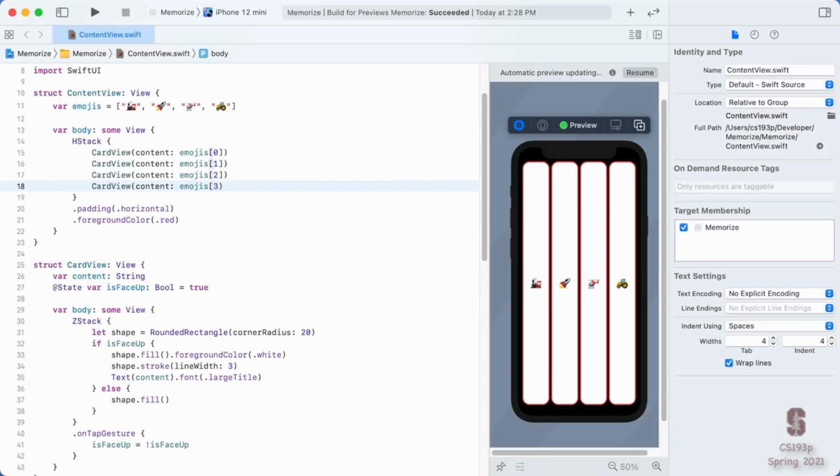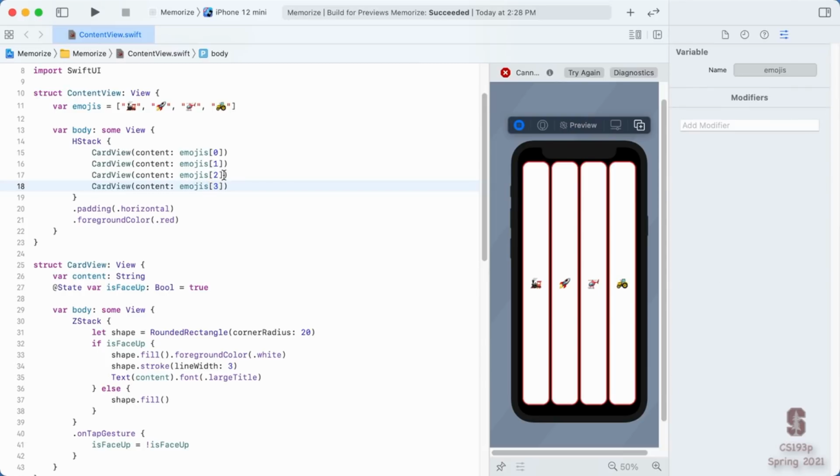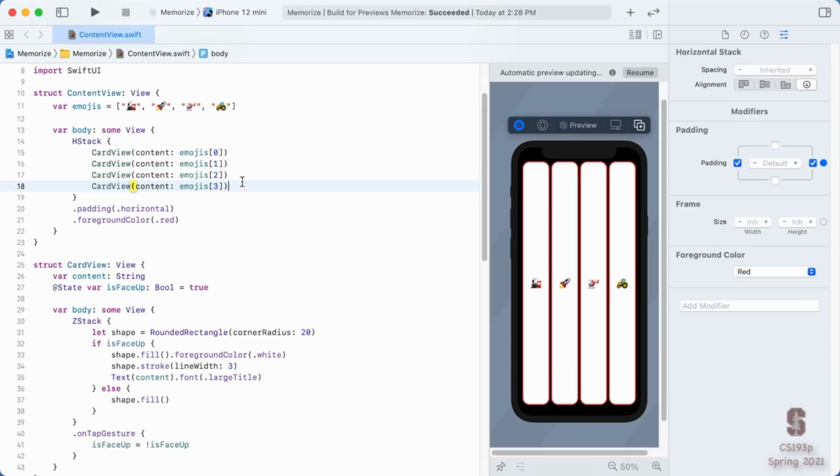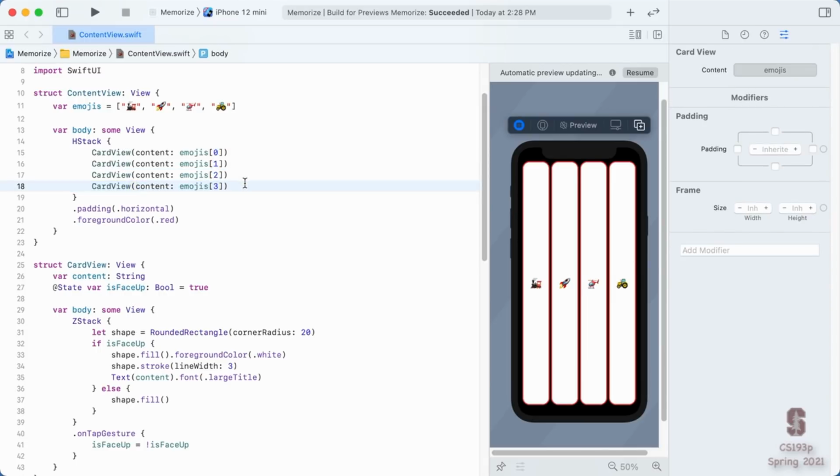We want to stay within the bounds of it, because if you access an array outside of its bounds, if you use an index here that's outside of its bounds, you will crash your app. Your app will raise an exception and crash. And kind of you want that, because if you were outside of the bounds here, that's probably not good. You'd want to find that in your development process before you ship it out to your customers, right?